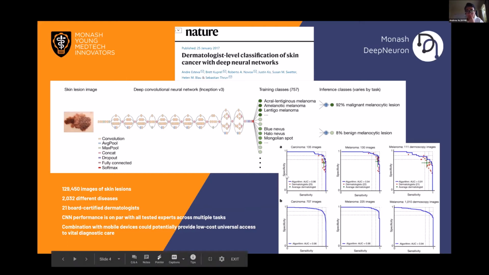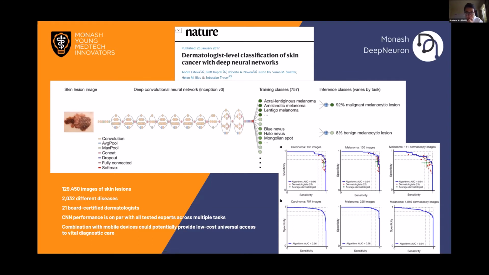From the results here, you can see a graph of specificity and sensitivity. What it says is that the further toward the top right corner the dots are, the more accurate the prediction. The blue line is how the model performs. The red dots are what the 21 dermatologists were able to diagnose based on the images. And the green cross is a general representation of how accurate dermatologists are in general.